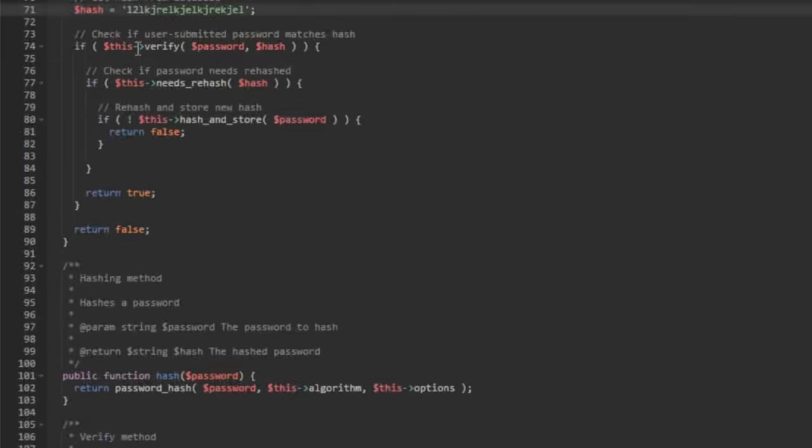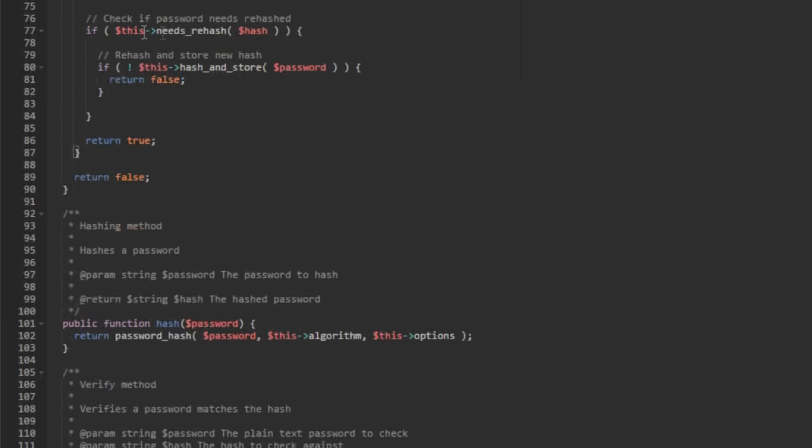So we call our verify method, which basically just calls password_verify from PHP. We're passing in our password and we're passing in our hash that we just got from our database. And this is going to tell us if these two are a match, if the password that was entered was correct. If it is, then what we want to do is check to see if that hash